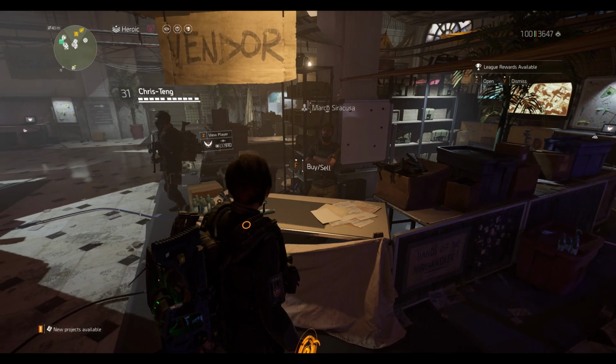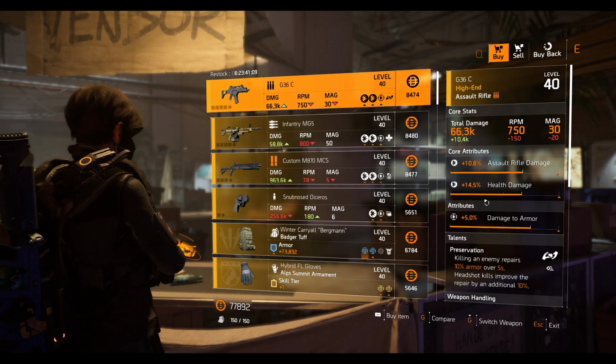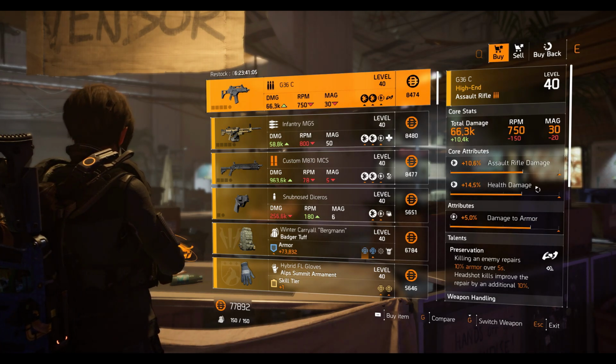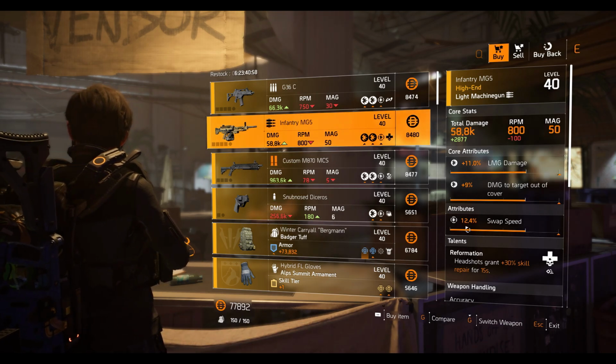Alrighty, guys, we're finally at the final vendor. So yeah, let's just get a review. Okay, we have the G36C assault rifle with 10.6% assault rifle damage, 14.5 health damage, 5% damage to armor, preservation talent. Again, decently rolled, I would say. Next, you have the infantry MG5 LMG with 11% of LMG damage, 9% damage to target out of cover, 12.4